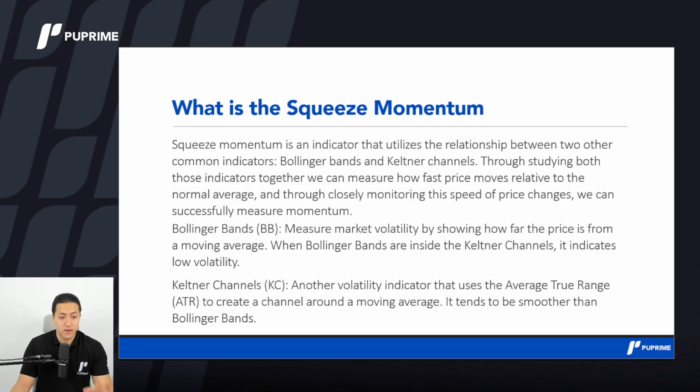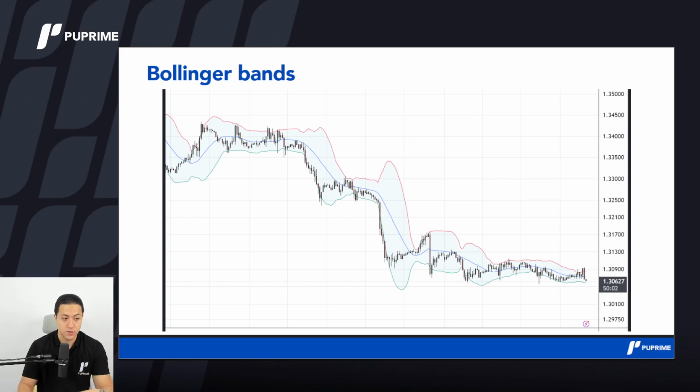Starting from here, if you're a real technical analysis nerd or geek like myself, you might need a pen and paper, because I will be telling you exactly how to calculate it, though I don't have the calculations on the slides here. This is the first indicator, the Bollinger Bands. Quickly, what are the Bollinger Bands? The Bollinger Bands is a volatility indicator.